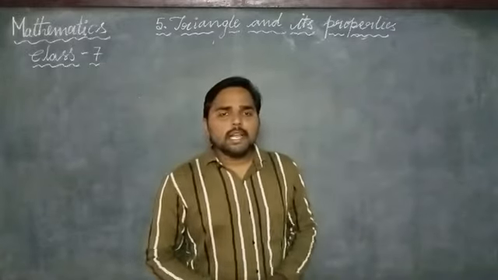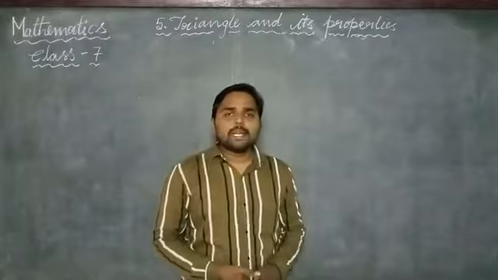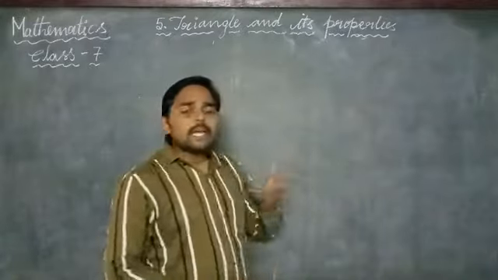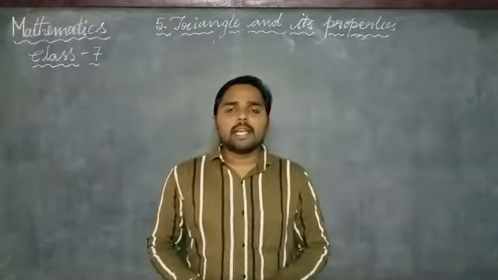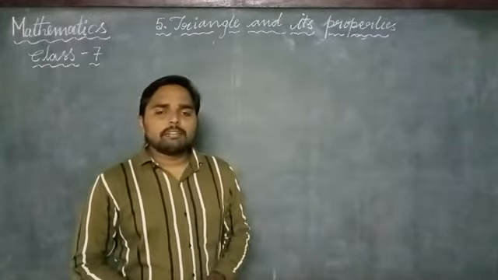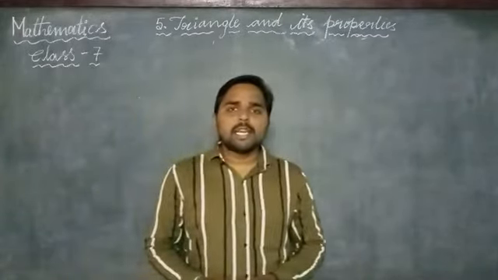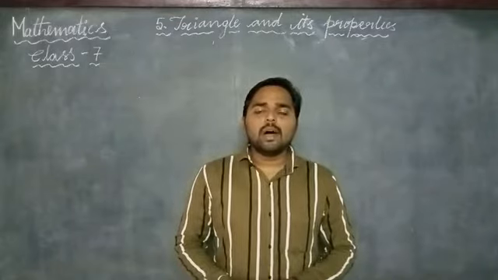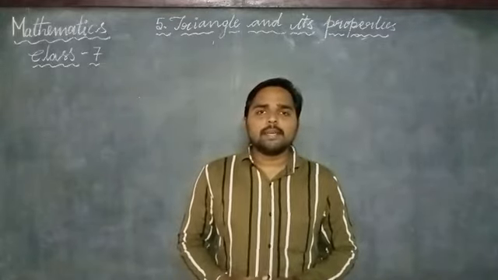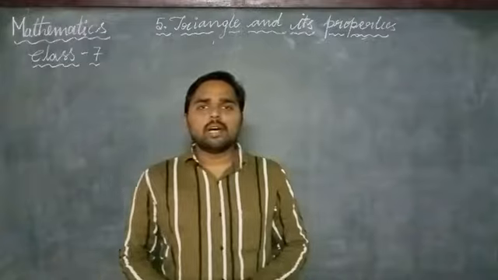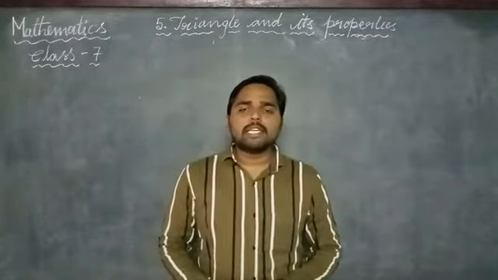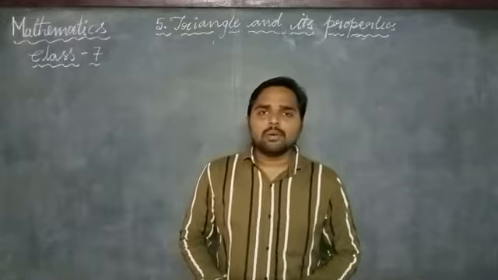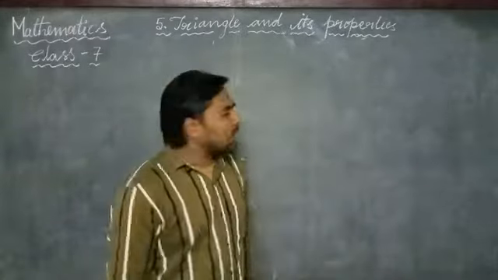In this class we are going to explain about the different types of triangles based on their sides and based on their angles. Those are the different properties. Based on their sides and angles, how we can categorize the triangles and how we can show the different types of triangles with the help of their sides and angles. Now let us start with the triangle.